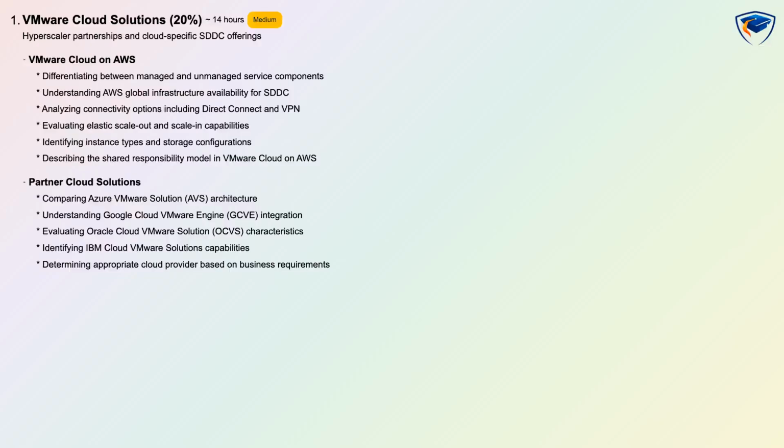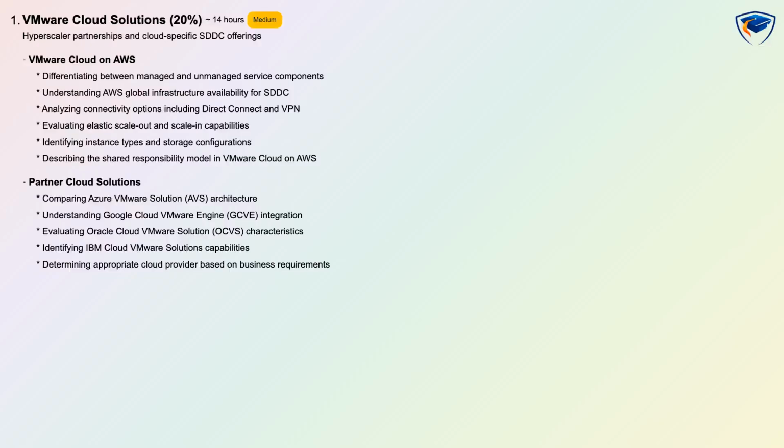This domain focuses on hyperscaler partnerships and cloud-specific SDDC offerings. You will learn about VMware Cloud on AWS, including differentiating between managed and unmanaged service components, understanding AWS global infrastructure availability for SDDC, analyzing connectivity options, evaluating elastic scale-out and scale-in capabilities, identifying instance types and storage configurations, and describing